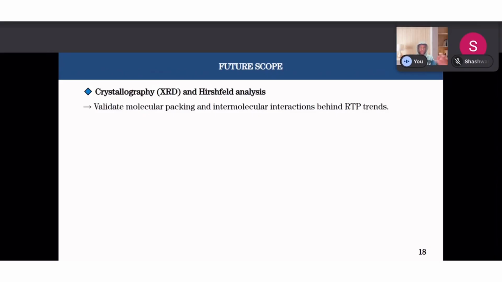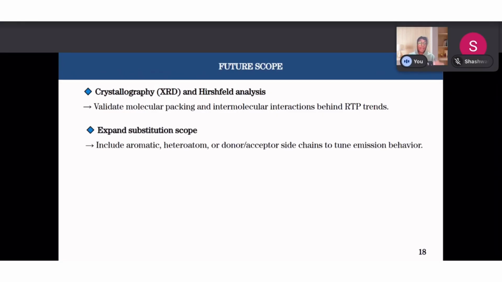As for the future scope, to study the topic in more detail, crystallography, that is XRD and Hirshfeld analysis, should be conducted to validate this solid state analysis and the hypotheses that we have given here, relating to molecular packing and the intermolecular interactions as well. Also, we should expand the substitution scope into more aromatic, heteroatom, and donor-acceptor side chains to study the fine-tuned emission behavior of these compounds